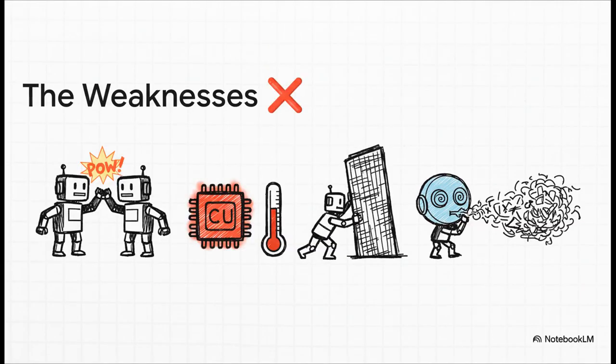But on the flip side, there are definitely weaknesses. Sometimes the agents can kind of step on each other's toes and overwrite work. The whole system is a resource hog, for sure. It's not really ready for those giant enterprise-level code bases, and it just doesn't have the mature plugin ecosystem we're all used to in editors like VS Code. And yep, it can still hallucinate and spit out some flawed code, especially for really complex tasks.